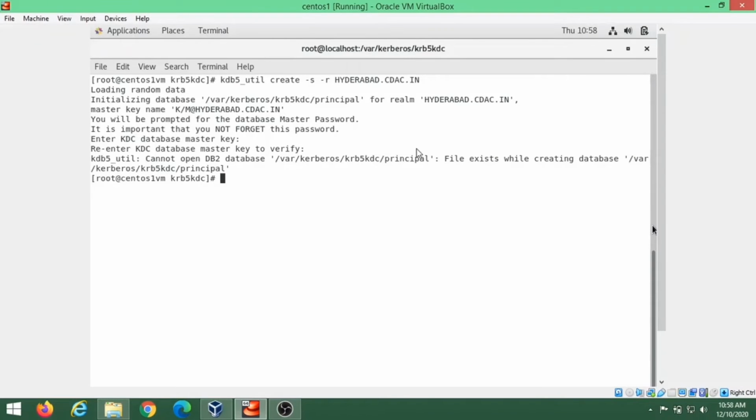As we have created it already, it shows that the file exists. So no issue, we will move forward. When we do ls, we have the principal files.